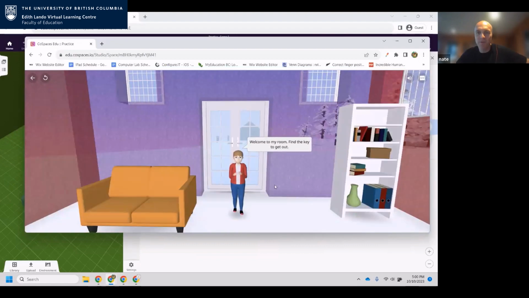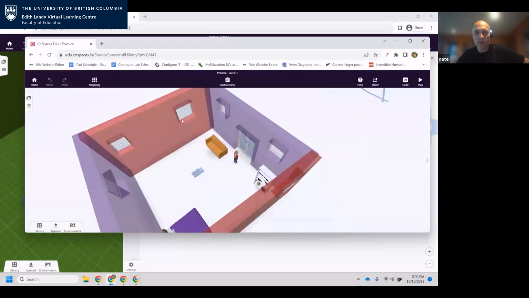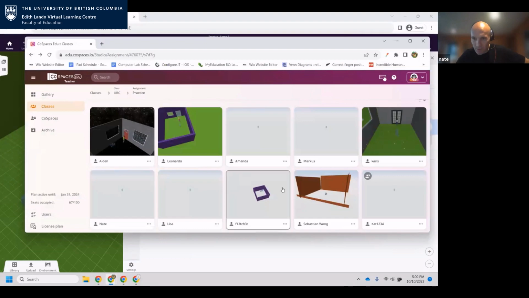Nice. Welcome to my room. Find the key to get out. Sweet. This is looking good. And nice. He does. Yeah, cool. That's awesome. Looks really good. I'm gonna jump back one here, Marcus, and I'm gonna jump into